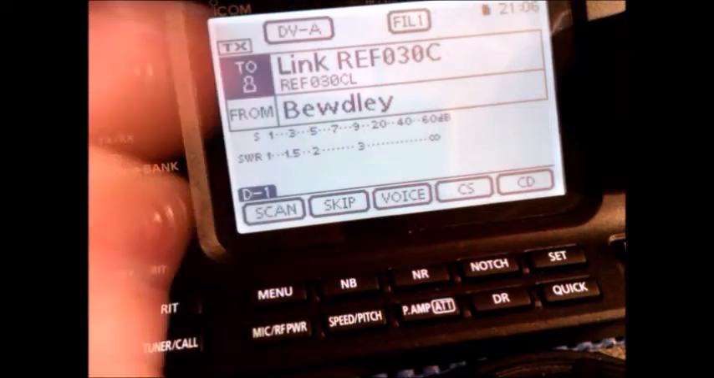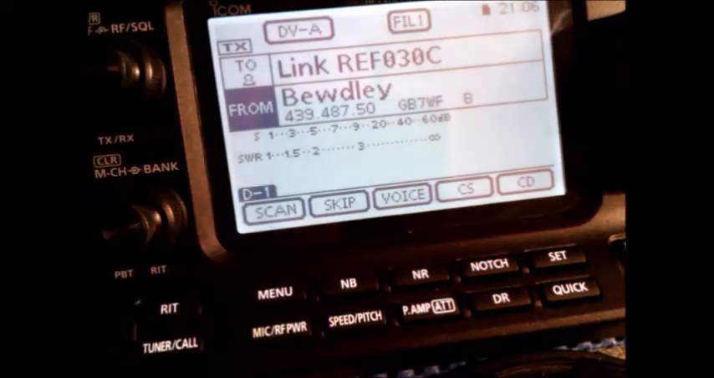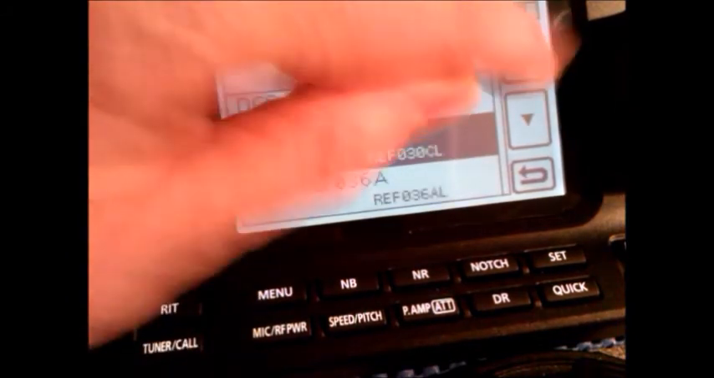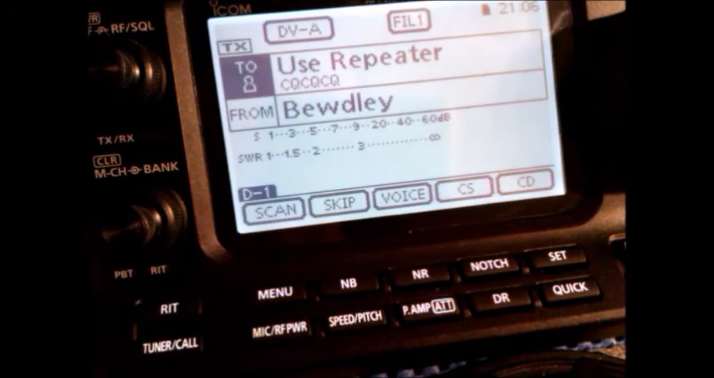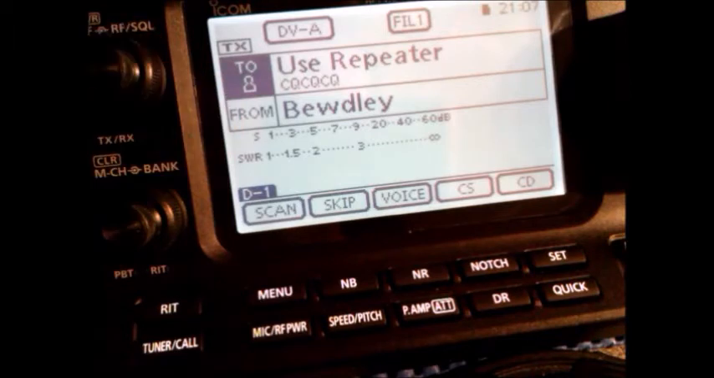But if I pressed the PTT now, GB7WF would reply back to me already linked. So this is why you have to go back to use repeater and set the CQ code again for general use. If you finished on the reflector, in our case GB7WF at Bewdley will default back to our default reflector,